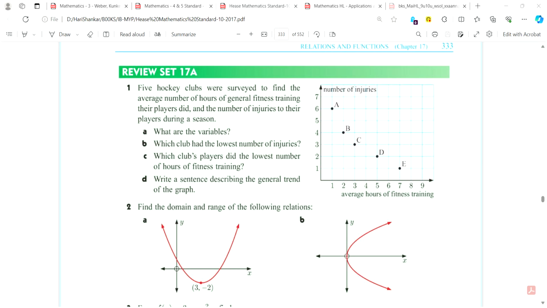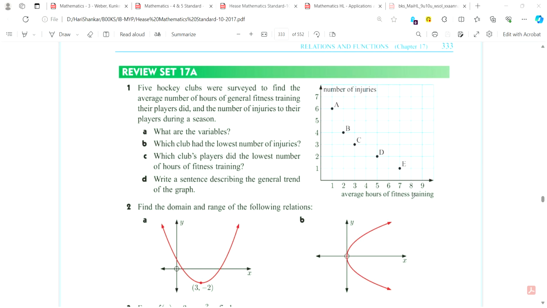Write a sentence describing the general trend of the graph. What would be your words for the graph that you see? How do you define that in words? It is not linear, I think. We can say it another way: what is the connection between the independent and dependent variable? It is like inversely proportional. I can say that, but in more general words, my word would be